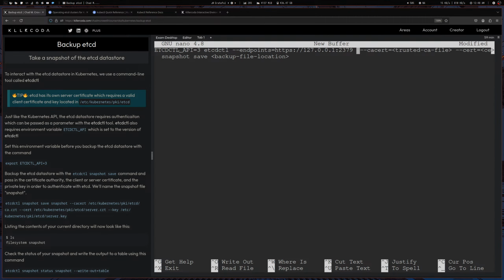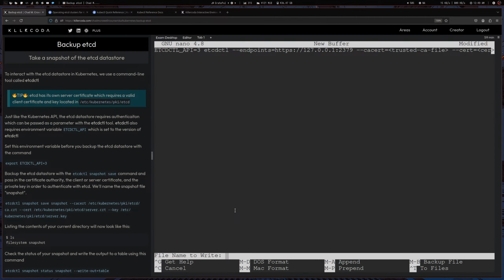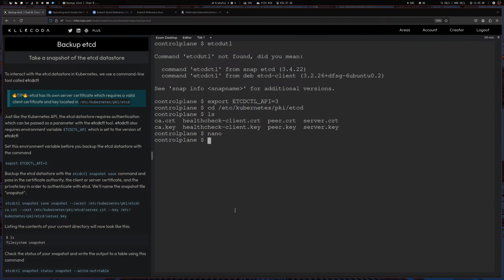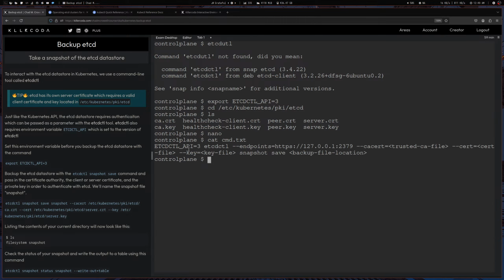So we just take this, etcd.txt, Ctrl+X. We have this here. We have exported that, so we can just take this part. And now